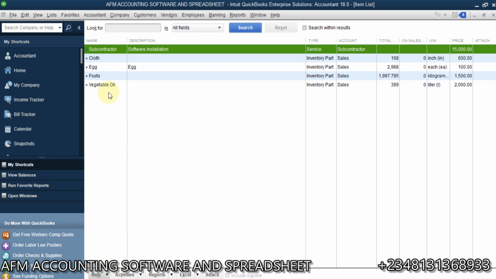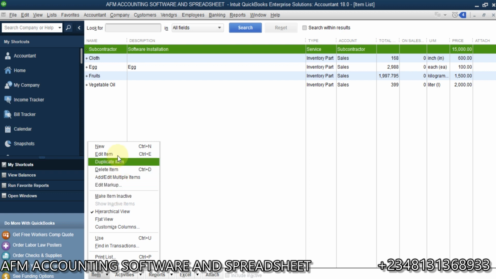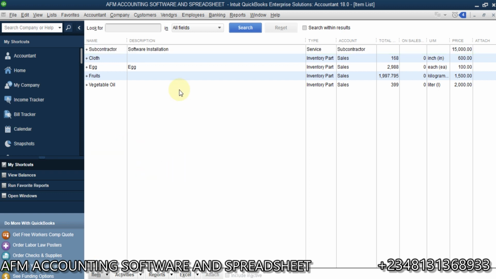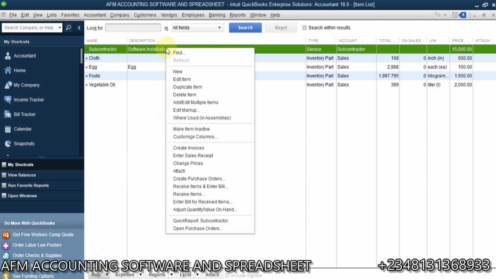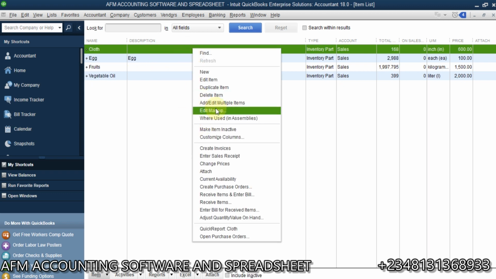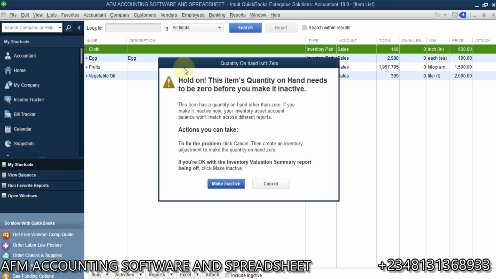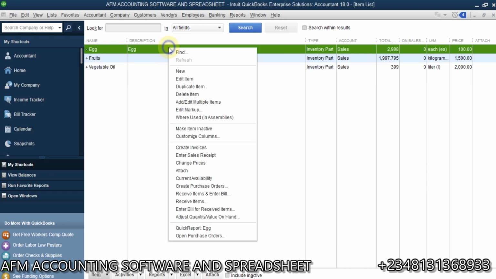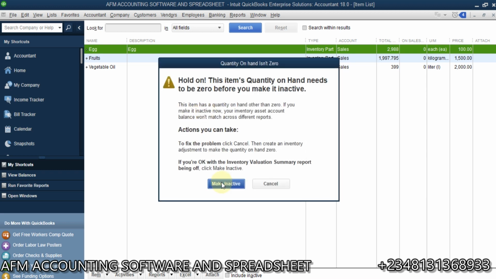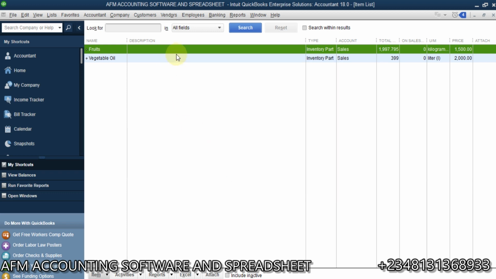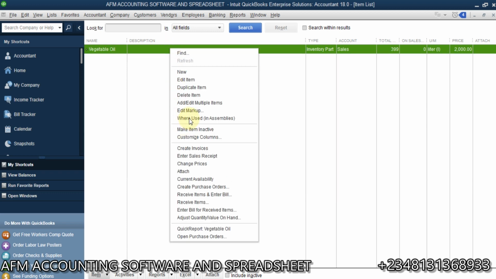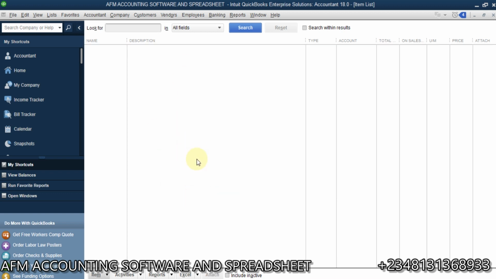Now I already have like 5 of them, so let me hide these ones and right click. Let's make them inactive so that we'll have a fresh list. Yeah, I'm still going to make the items inactive. I cannot delete them because they already have transactions. I just want us to have a plain and empty list